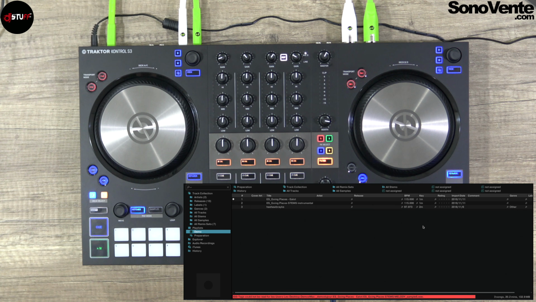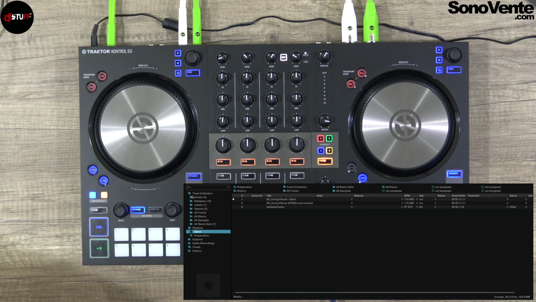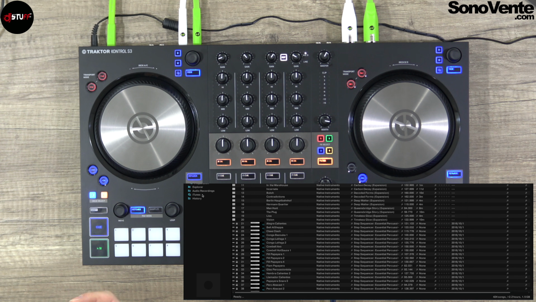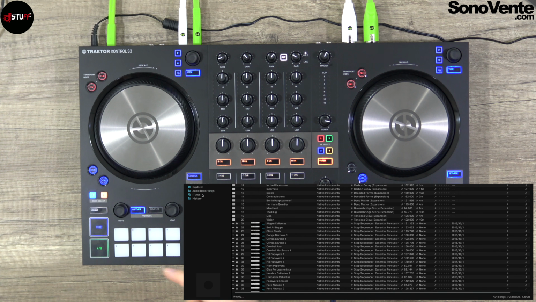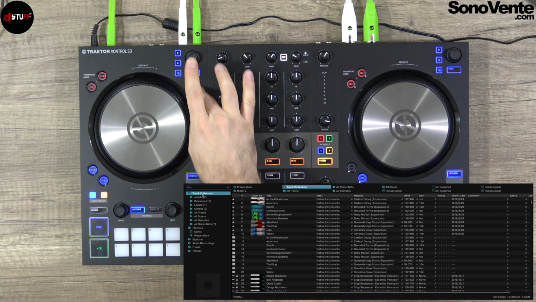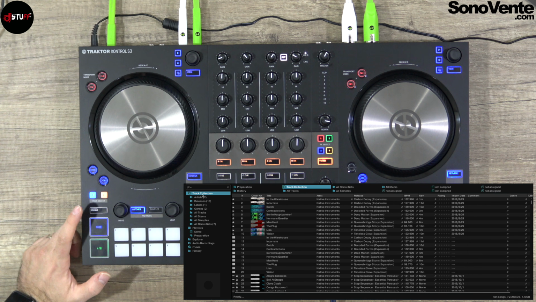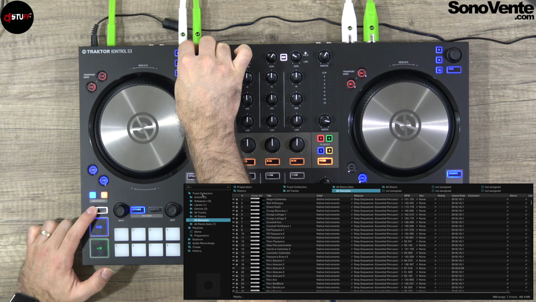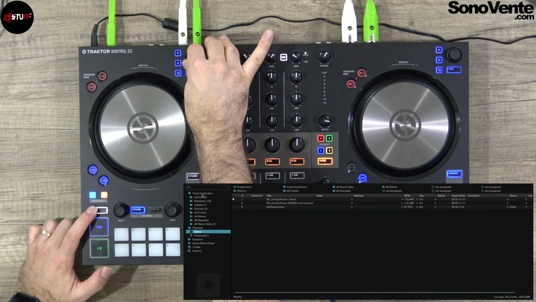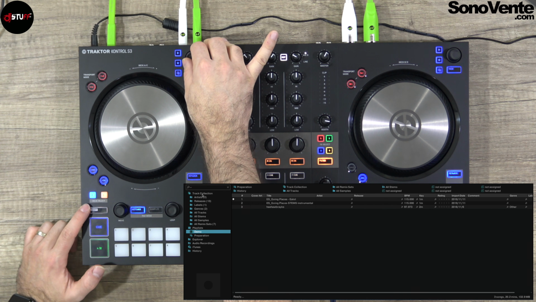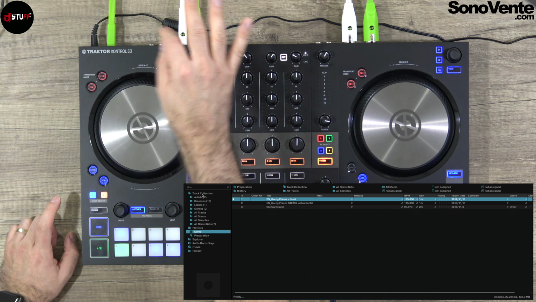So the navigation is very easy. You have a large view button here that allows you to see a lot of tracks. You see, if I do escape, space bar, you can push the view button and you have all your tracks. To navigate into your playlist, you just push shift and turn the knob, and you can go into the playlist you want. For the video, I will have the demo and remix set. So demo, after you release the shift button, you go directly on your track and you push it like that.